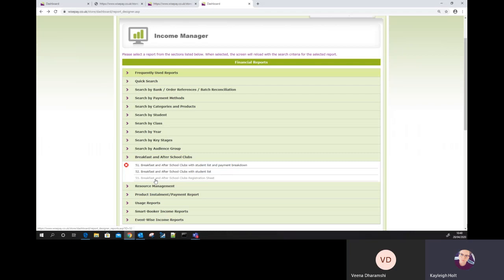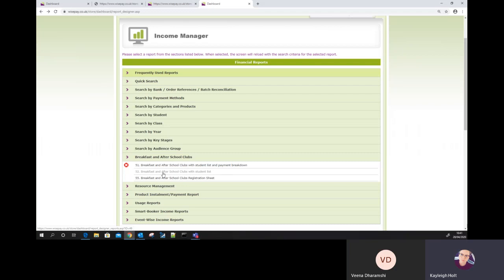So at the moment, what we would suggest that the school do is that if the students didn't turn up or they're ill for that day, then potentially they can run the transaction sheet and give the students a refund. What we can't do at the moment is pick that student up from the date that they were in the breakfast club but didn't attend, and move them to the next date. But what we can do is refund the parent and ask the parent to log in and book a future